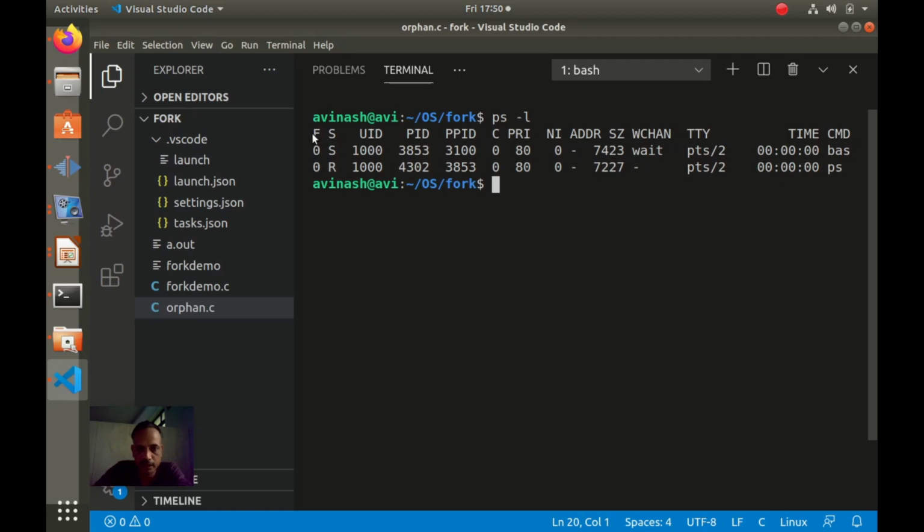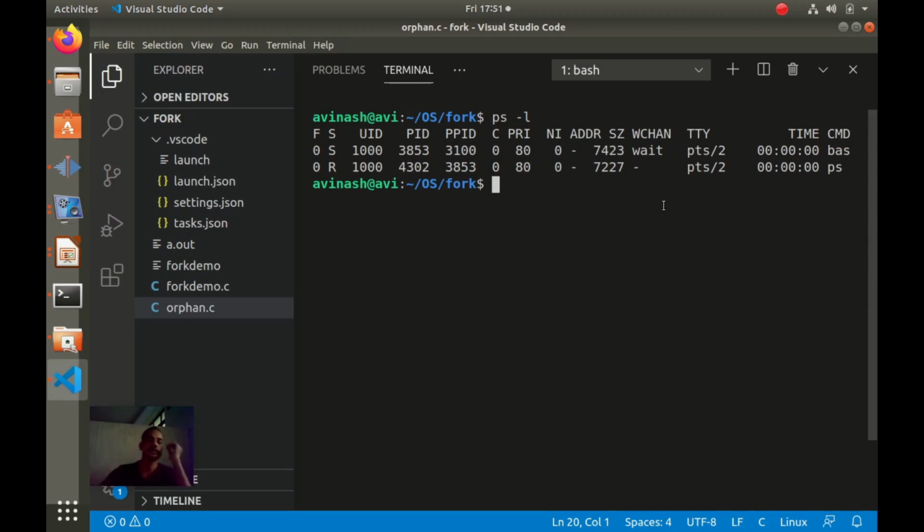So here it is showing the process table with flag, status. Status S means suspended, R means running, user ID we have created the process, process ID 3853, and every process has a parent. So this is the parent process ID, PID and PPID. So this process has this parent, this process has this parent. This is the bash process and this is the ps process. Now only two are in the running state.